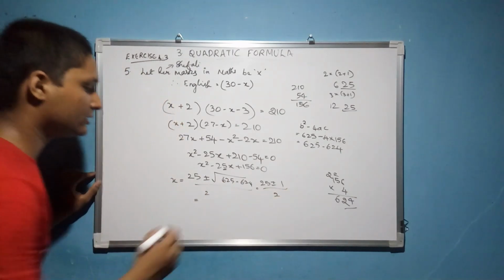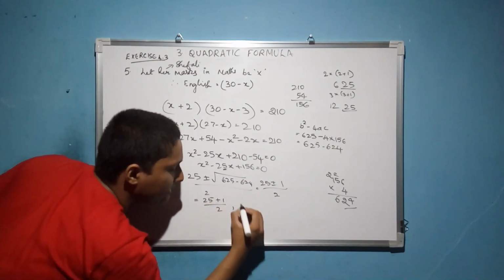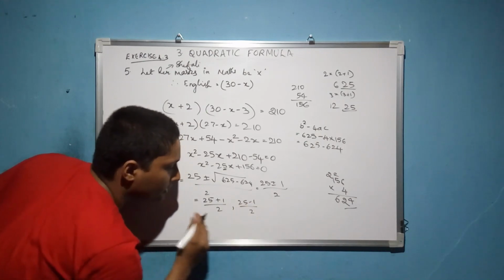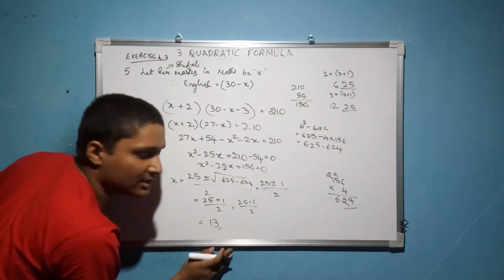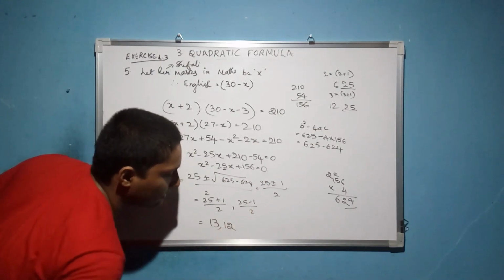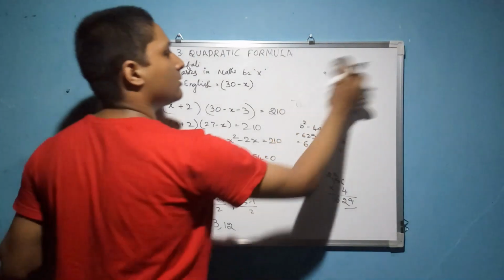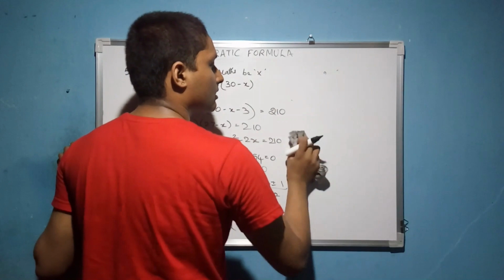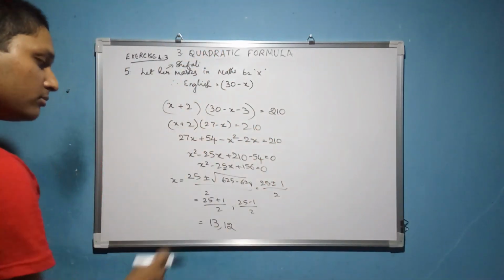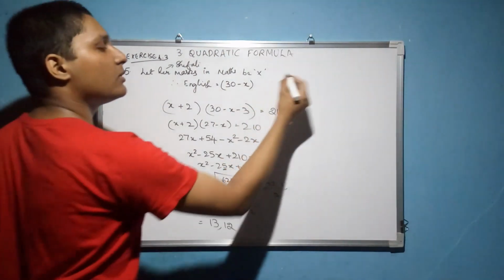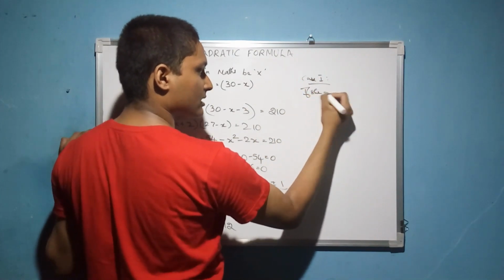So the two numbers that you are going to get are 25 plus 1 by 2 and 25 minus 1 by 2. 25 plus 1 is 26, 26 by 2 is 13, then you have 25 minus 1, that is 24, and 24 by 2 is 12 over there. Okay, so you got two numbers over here. So what do we do with the two numbers? In every earlier case we found one of them was negative and one was positive, but here both of them are possible. So in case 1, if she gets